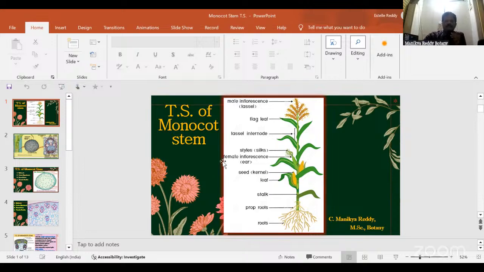TS of monocot stem, the best example is Zea mays. The common name is maize. This is the maize plant. This is the female inflorescence. This is the male inflorescence. This is the root system. This is the stem. If you see the cross section of the stem,